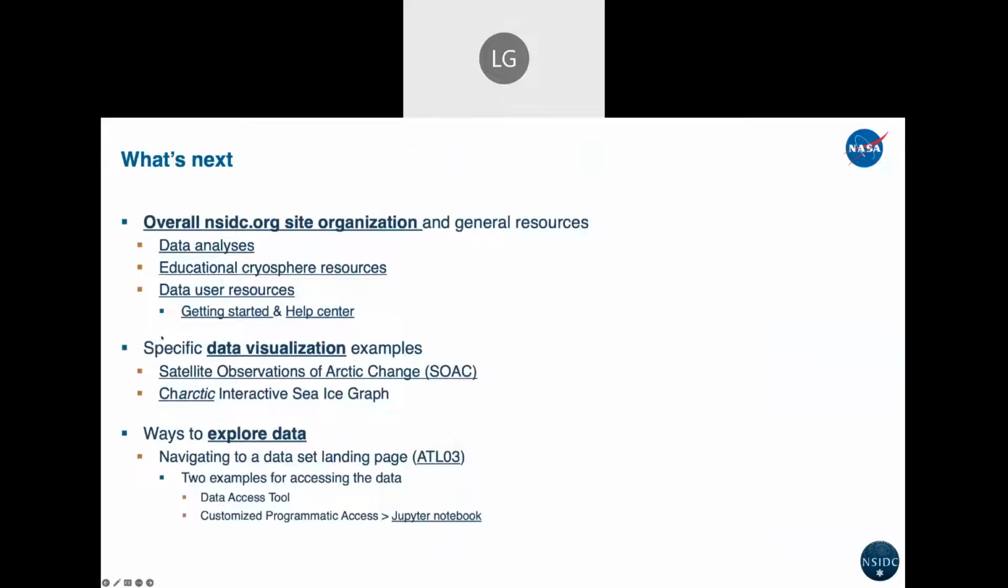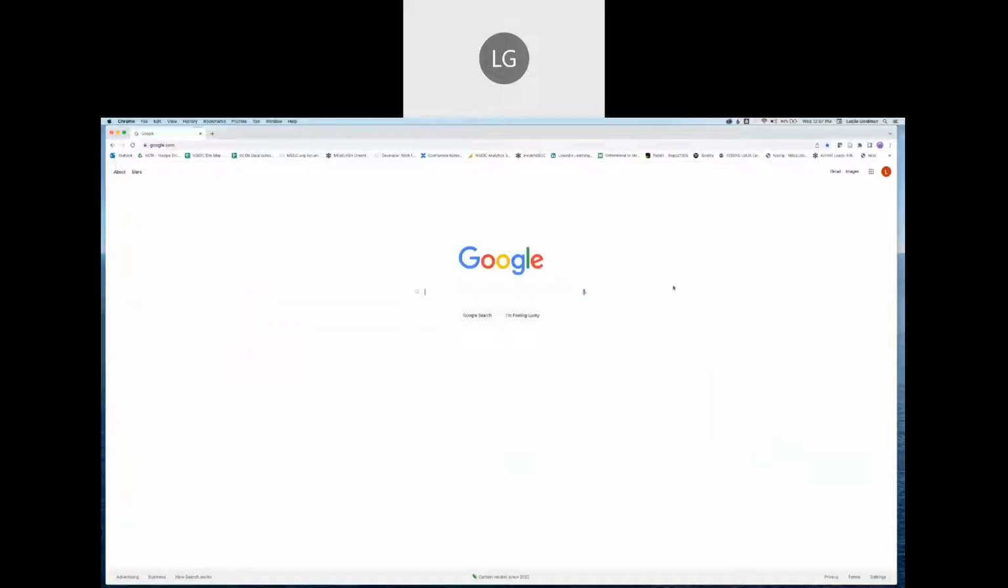And now what I'm going to do is load up the website. We're going to cover overall organization and general resources on the website. We're going to start kind of broad and then get more specific to data users. After we go through these higher level resources and sections of the website, as Jennifer mentioned, we're going to do 2 specific data visualization examples, and then we will explore our data and work with an ICESat-2 data set to download and access it. So I am now going to move away from my presentation and open up a web